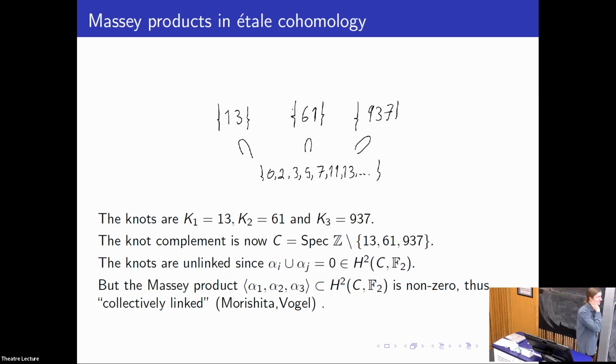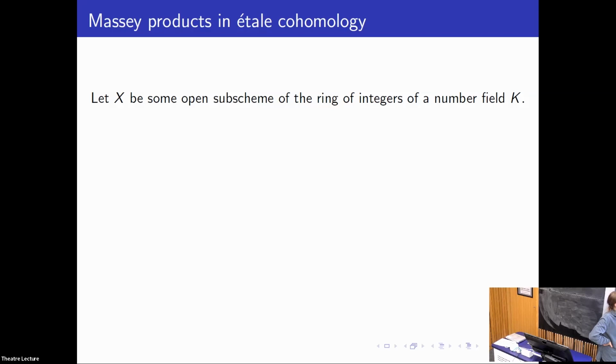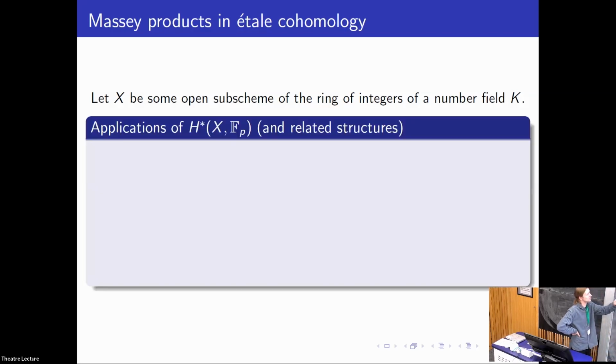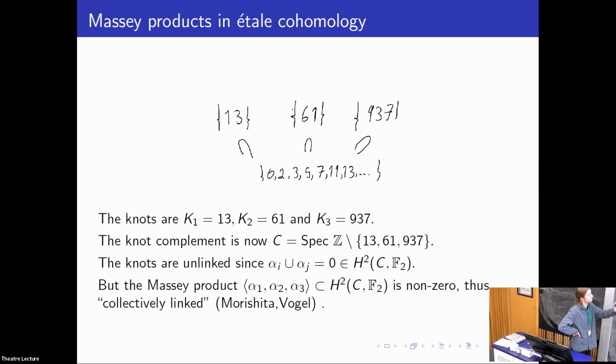The question is, well, I think the obvious question is, why should you care? In some sense, what can we do with this? I think that's a good question. What can we do with these sorts of analogies? How can we apply them externally to things that are not purely in terms of number theory? So my goal is to show you why this Massey product in étale cohomology actually gives you something interesting externally from arithmetic topology.